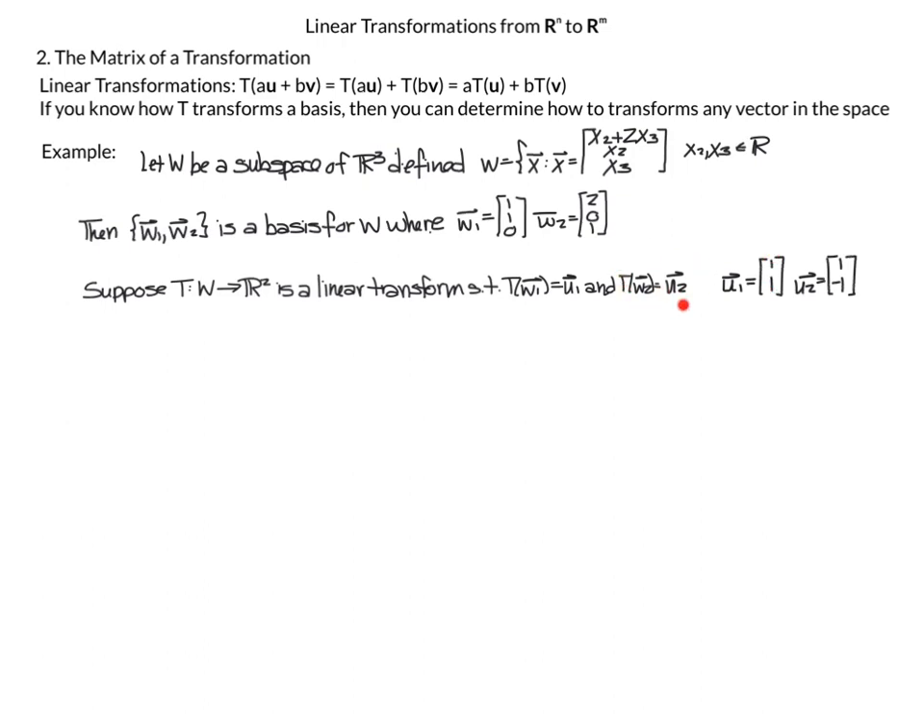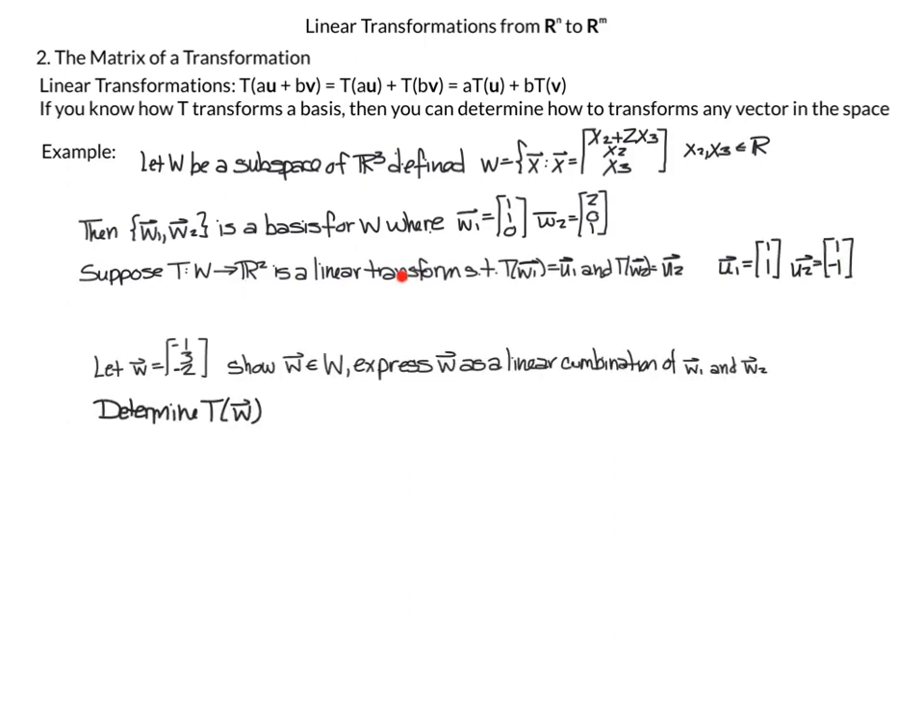And the second thing we know about this transformation is it takes our second basis vector and transforms it to u2, where u2 is equal to (1, -1). Now that we know what the transformation does to the basis vectors, we're going to take a random vector, the vector w equals (-1, 3, -2), and we're going to determine the transformation on